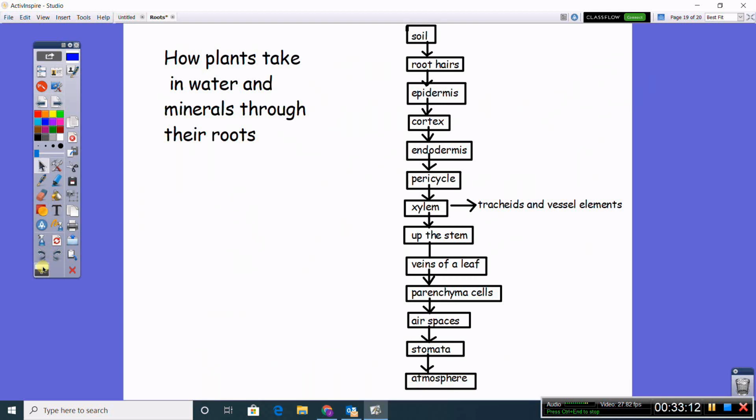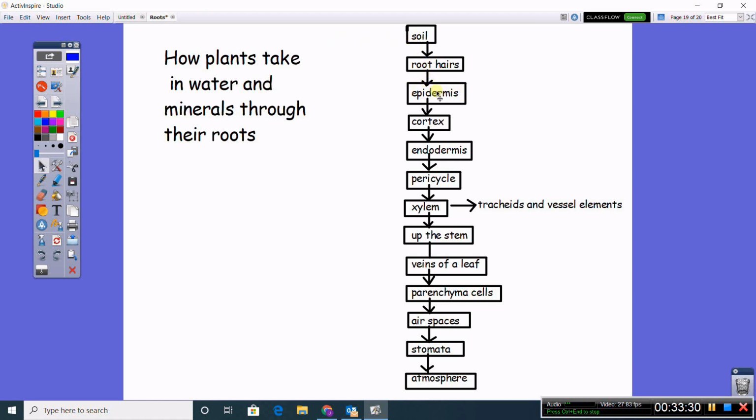Okay, and so this is just kind of thinking big picture. This is the note I believe we're going to end on today. Yes, this is your last slide. Longer lecture today, sorry. So from the soil, water typically gets taken in through root hairs, which are extensions of